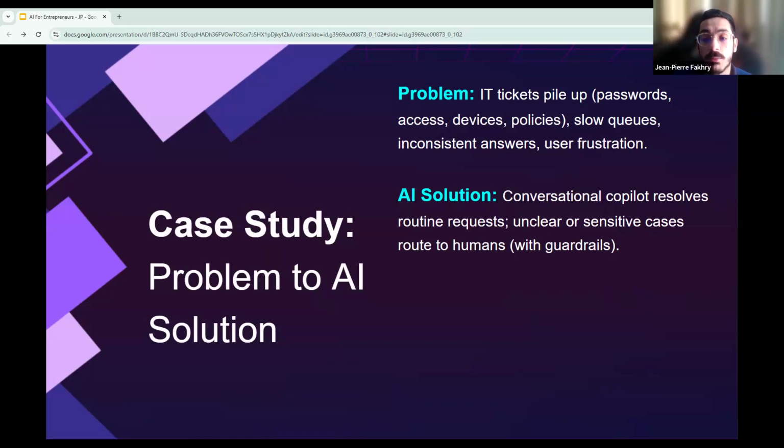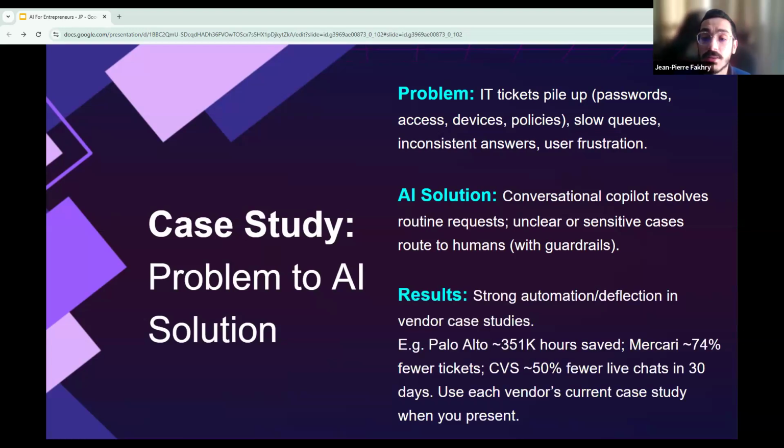Always verify these numbers on the vendor's current case study because they are getting updated. But basically, guys, the pattern is universally applicable. Again, find a high-value, repetitive workflow that costs a lot of human time, build an AI layer that handles the common cases reliably, and escalate the edge cases gracefully. That is the template that you need, and it always works. You can apply it to all sorts of Lebanese startups, any sort of clinic appointment workflow, student support system, anything really. They will all work.